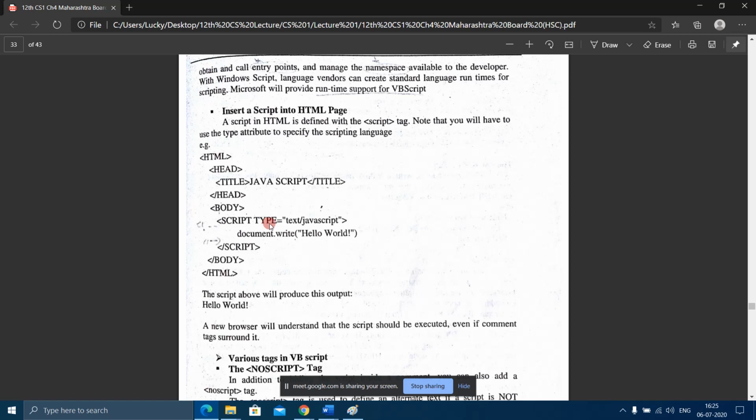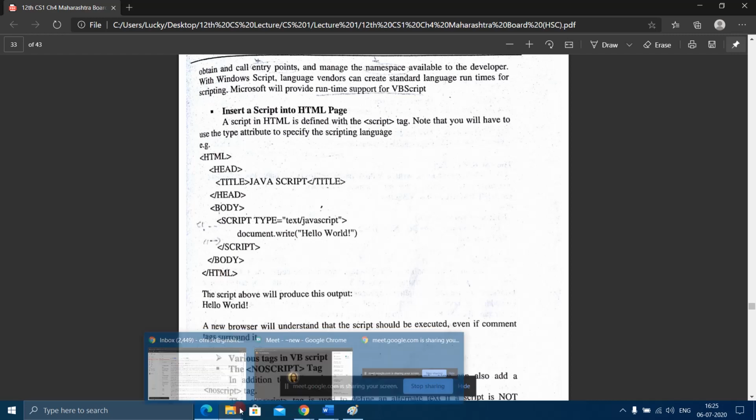And in type attribute you have to specify the type of scripting language you are going to use, text/JavaScript or text/VBScript that you will write. And this is the Windows function where document.write, it is going to simply write hello world in my HTML document. Script close, body close, HTML close.